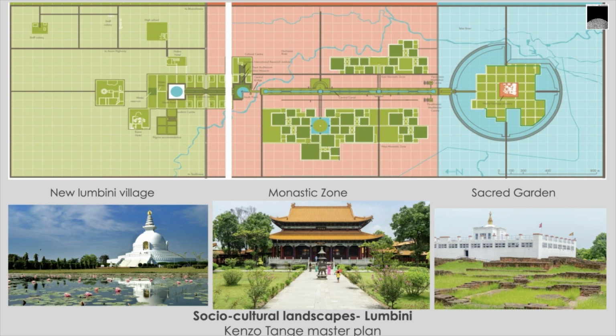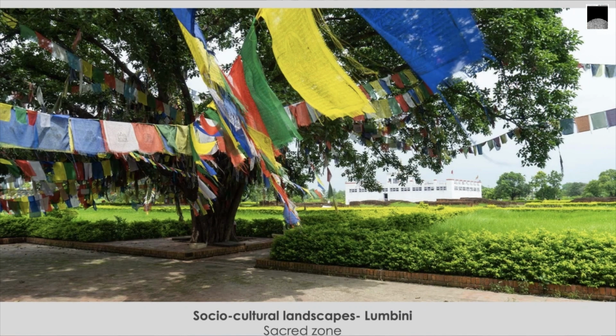The entrance is placed in the north in the new Lumbini village, from where the visitor enters the site to begin the journey from a location of worldly activities. Then the visitor proceeds to the monastic zone for knowledge and spiritual purification before reaching the sacred garden for enlightenment. Landscapes here inspire us with how the serene natural setting of the sacred gardens, ancient shrines, and the religious buildings blend together with the landscapes created.